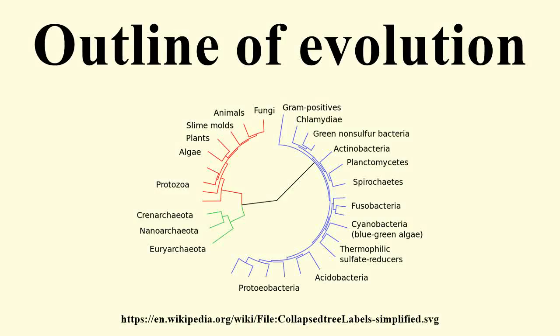The following outline is provided as an overview of and topical guide to evolution. Evolution is the change in heritable traits of biological organisms over generations due to natural selection, mutation, gene flow, and genetic drift. Also known as descent with modification. Over time, these evolutionary processes lead to the formation of new species, changes within lineages, and loss of species.